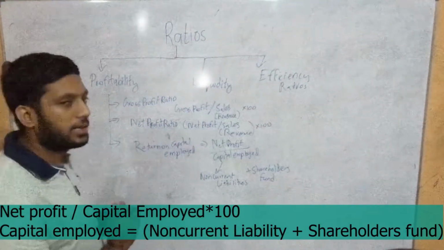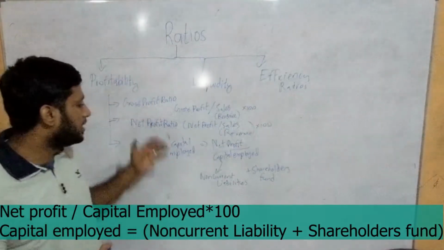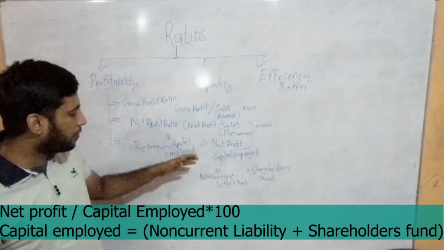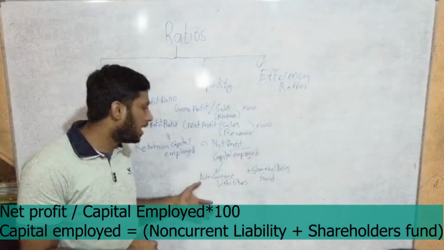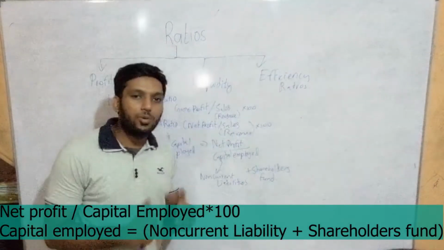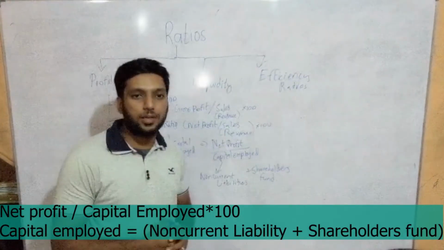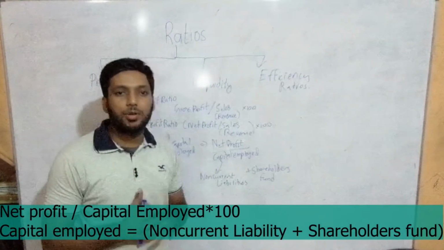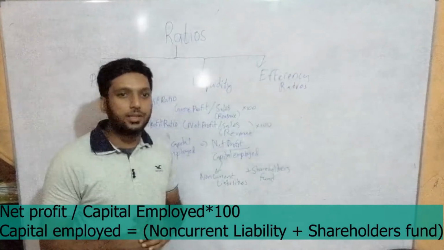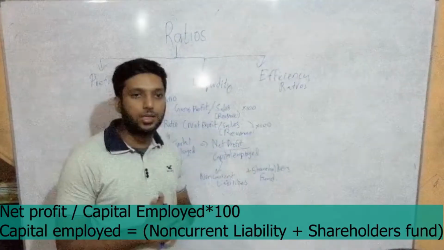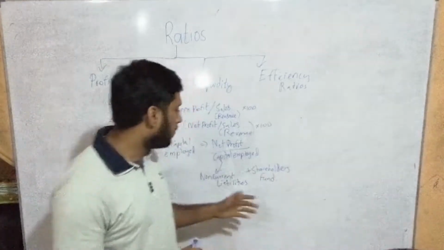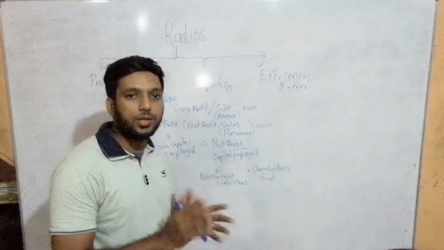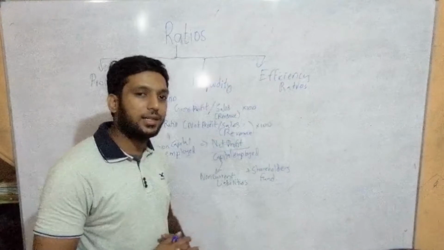According to your basic knowledge, you need to know these few ratios. But for capital employed, there's another way to find it out. You need to add your non-current liabilities with shareholders fund. Shareholders fund is the amount of money invested by the owners of the business. It can be ordinary shares or retained earnings together, we can consider as shareholders fund. This is not your AS level or A level exam. So having this much knowledge is more than enough to score an A star in exams.